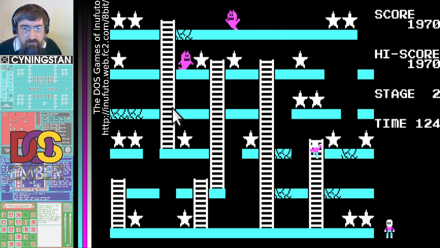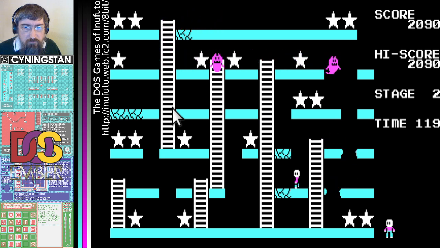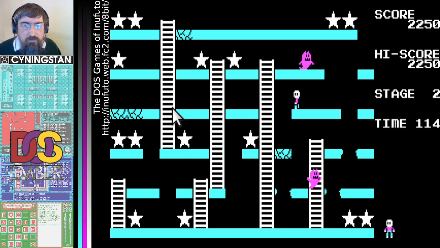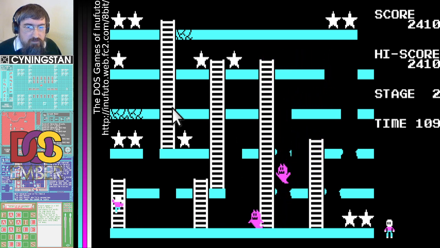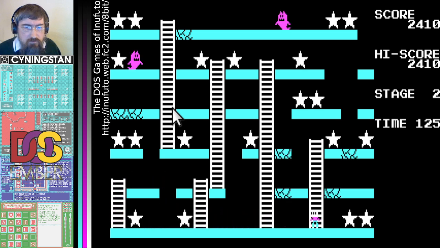So I think I want to start as close to the top as I can get, although this is not the way to go to get to the top. Other ghosts can climb the ladders as well. So let's just go for whatever's easiest. No, you can't stamp on the ghosts, that's a shame. So I made the same mistake again. Right, let's go up as far as I can.